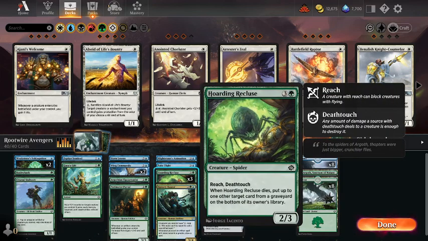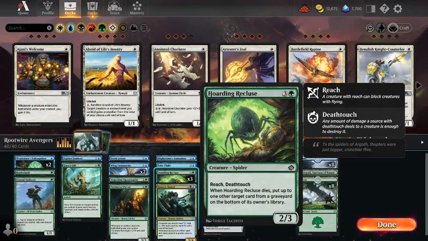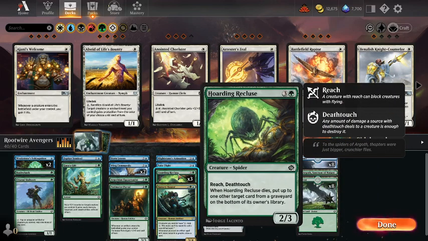We had no less than 3 Hoarding Recluses, so this is just the ultimate defensive card. 4 mana, and you get a 2/3 reach deathtouch. So it's not only killing off those small flyers like Zephyr Sentinel, it's trading off with big creatures like Iron Claw Crusher, let's say. So, excellent card, and as a little added upside, you can put a card from your graveyard onto your library. I targeted my own graveyard because I thought I might get